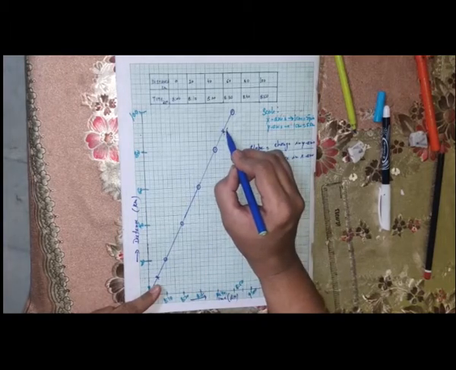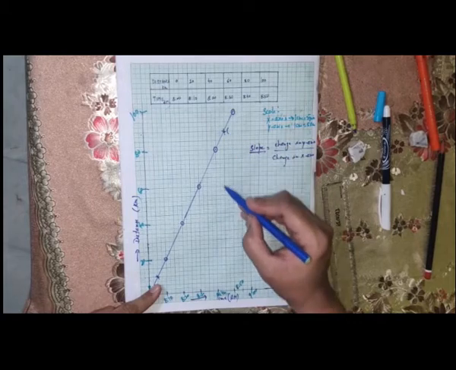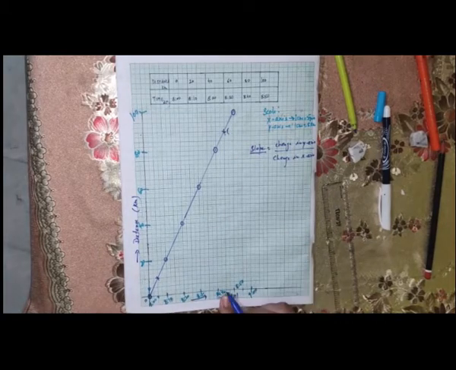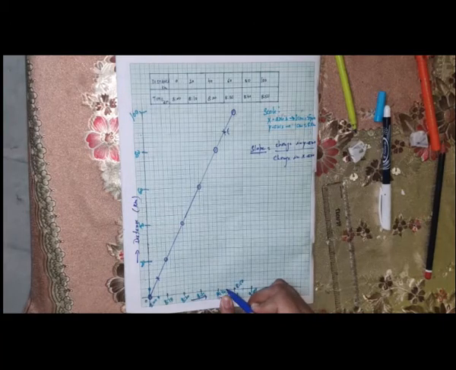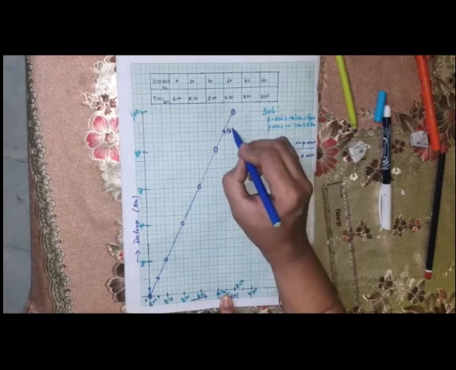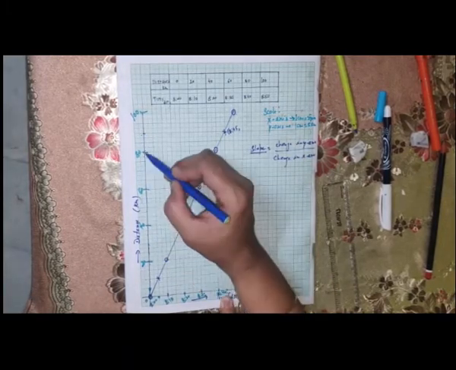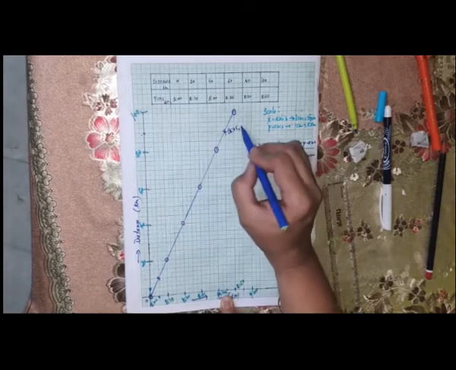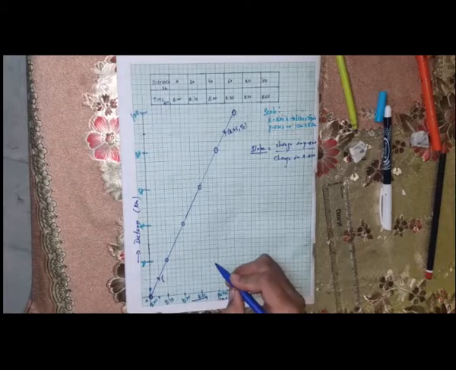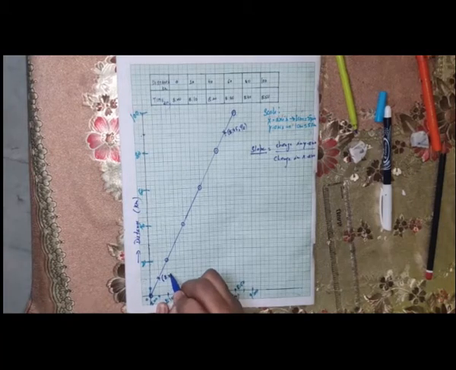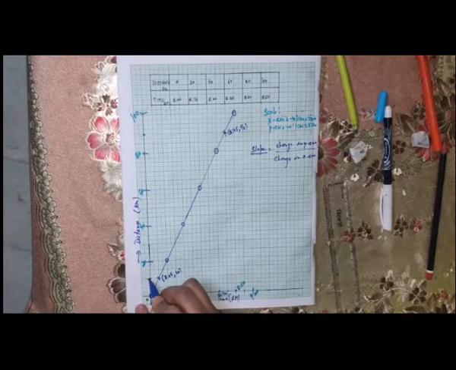Now let us write the coordinates of this point. We always write the x coordinate first. On the x-axis, this value is how much? 8:45. It is 8:40, so this is 8:50. In between the two, the x coordinate for this point is 8:45, and the y coordinate is 80, 100, exactly in between. So this should be 90. Fine. Similarly, for this point, the x coordinate is 8:05 and the y coordinate is 10.